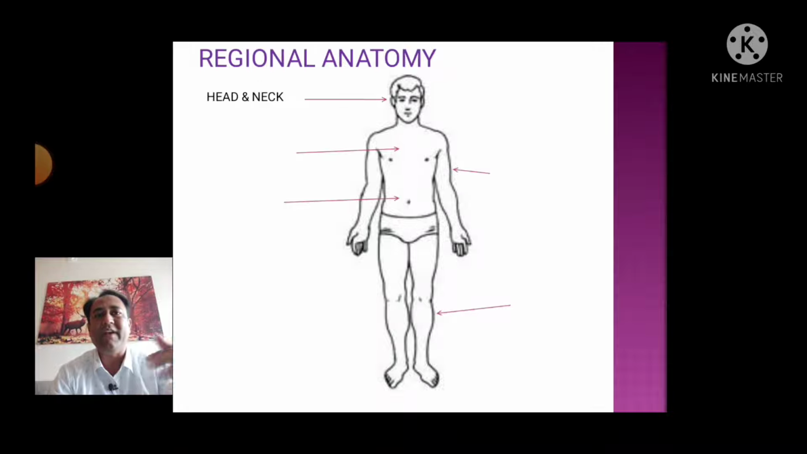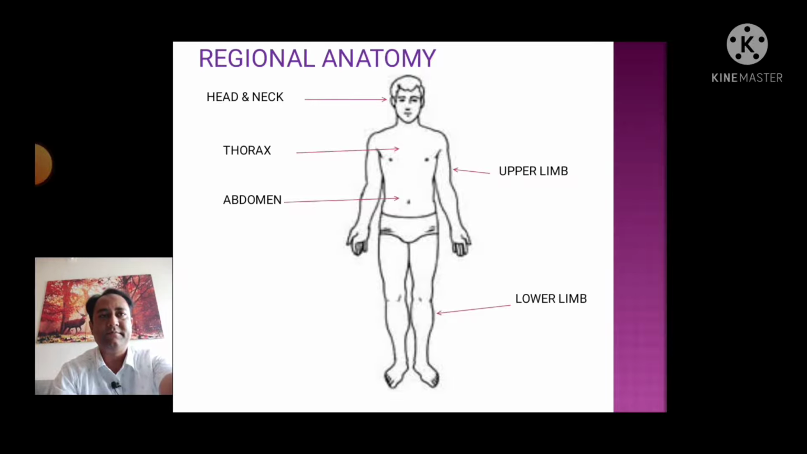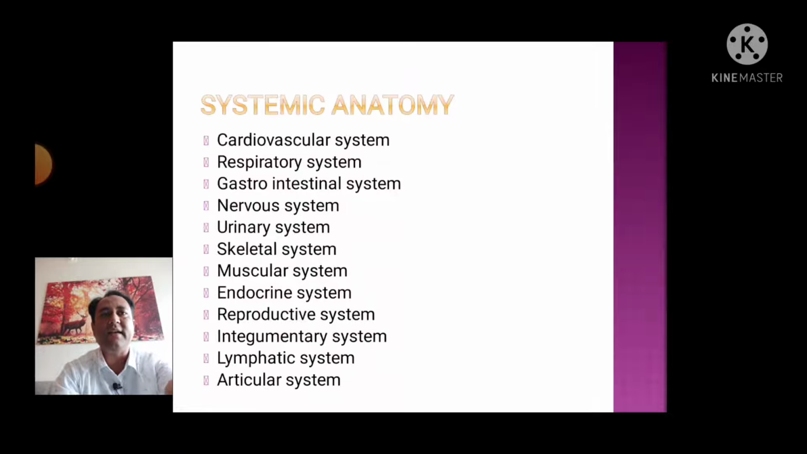Regional anatomy means when we study anatomy by dividing it into the different regions, it is called regional anatomy. So we will study it by dividing it into head and neck, thorax, upper limb, abdomen and lower limb. So mainly these are the 5 regions under which we will study the anatomy. Okay, so this type of study is called regional anatomy, and another variety is systematic anatomy, means study of the